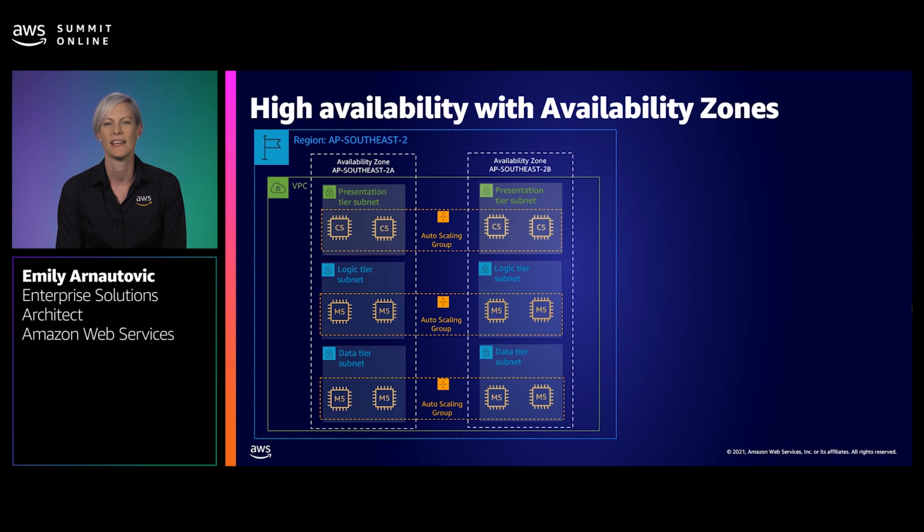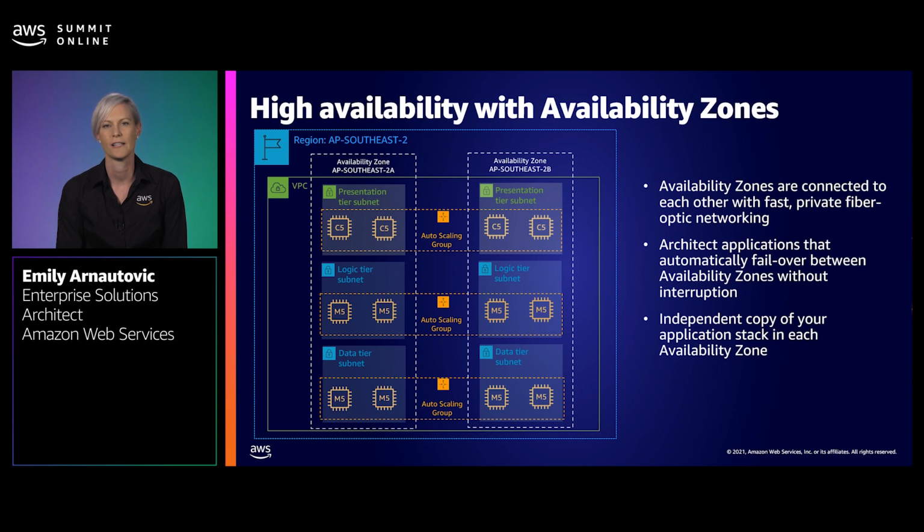The EC2 instances in these 2 different AZs are both logically and physically separated. Remember that the Amazon VPC is a regional service that allows you to leverage AZs while keeping all of your resources in that same logical network. AZs are connected to each other with fast, private fiber optic networking. You can achieve high availability by deploying your applications to span across multiple AZs. For each application tier, placing multiple redundant instances in distinct AZs creates a multi-site solution. Now, keen eyes might notice that we haven't yet added in any load balancing, so let's get to that.